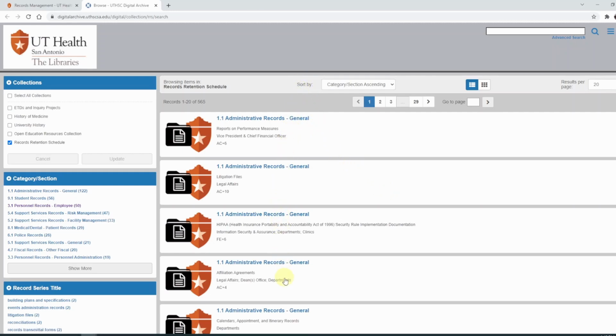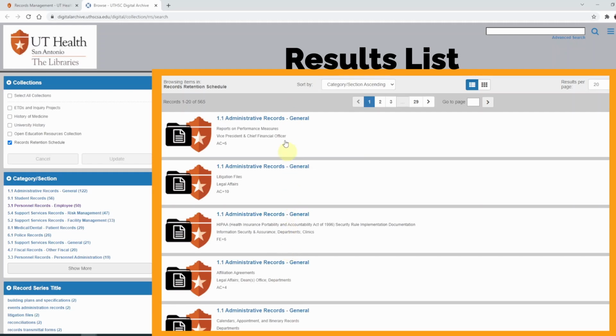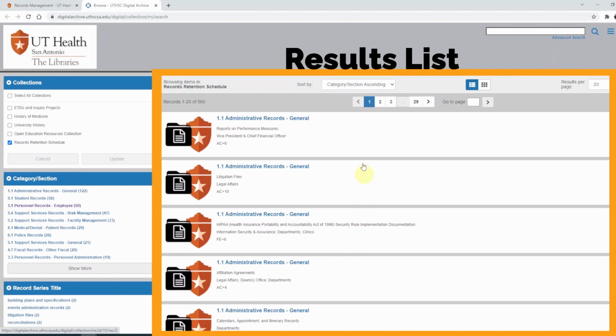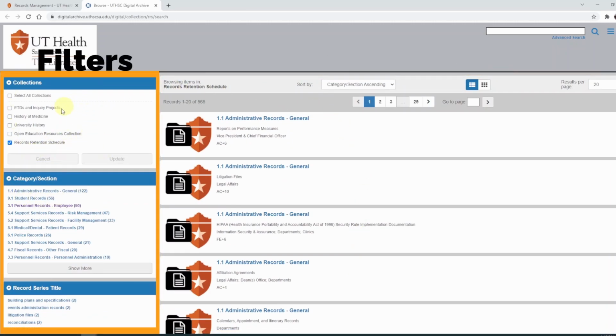The middle row here on this side will show you all the records here. You can literally just scroll through these if you want to, look around, browse. On the left side in these boxes, these are filters. So later on when you're searching, you can go through and click on things to filter your results. The only thing you'll need to be aware of right away is to make sure that you have records retention schedule checked here. This will make sure that everything that's showing up on the right side is a records retention schedule